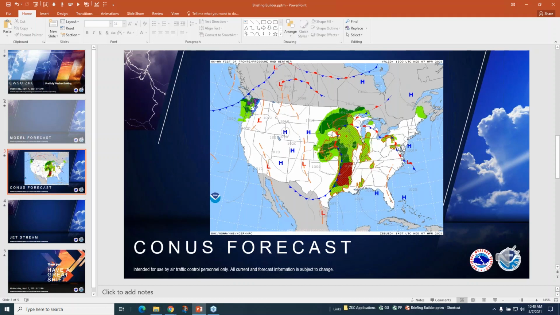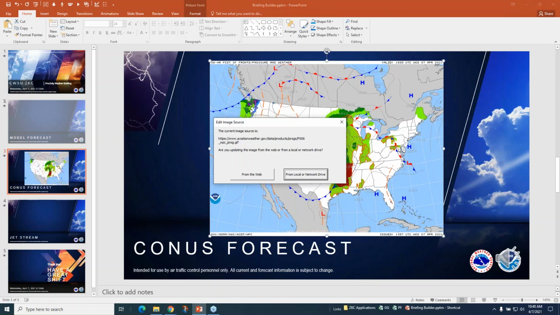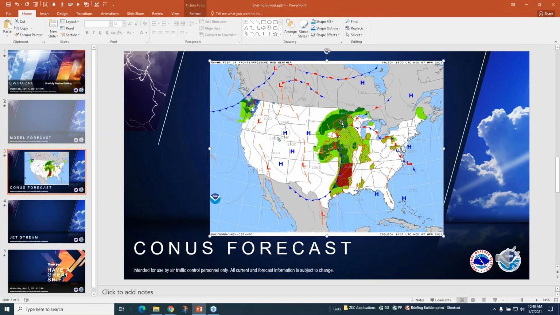And then I want to know where this image is. So you can click it, and then click that same construction open editor menu button again, and there is your route to where the image is sourced. And you can change it right there on the fly. So it just makes things easier, because in the morning when you're trying to put together a briefing, you don't got a lot of time. You need to get things done. And this is now linked, so every time you load the briefing, it will automatically update. So that's one example of how we can add an image.